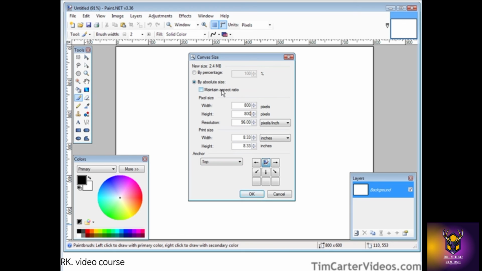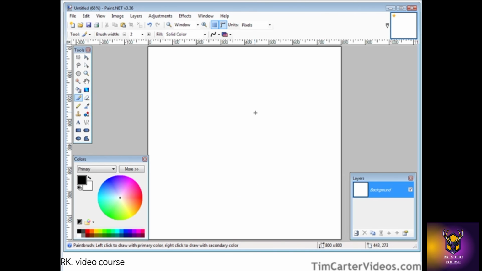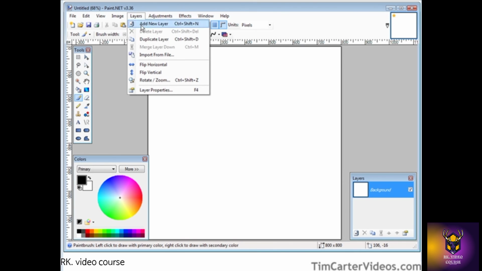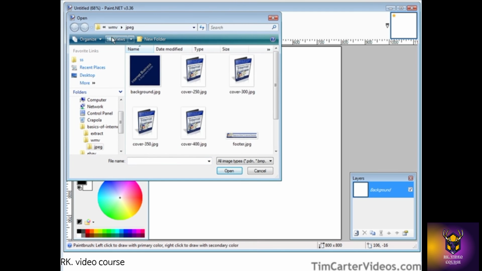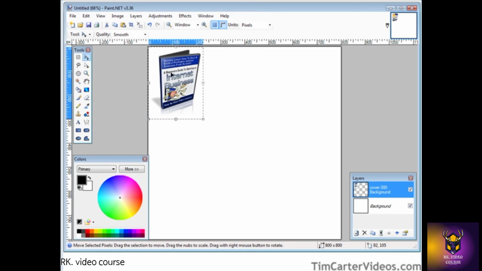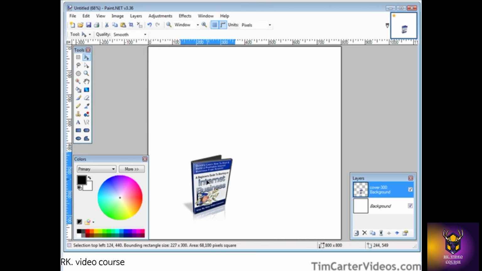Make sure maintain aspect ratio is unchecked. And there we go. We now have a square image. Now what we're going to do is import a layer, and we're going to use one of our files. So let's import from file, and then we can bring in something from here. So let's bring in our ebook cover, and we can put that down